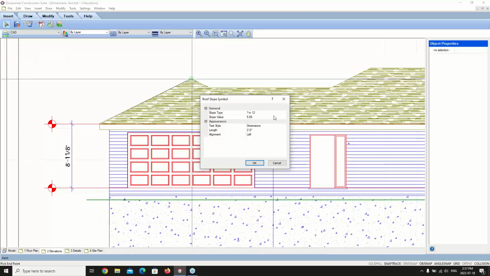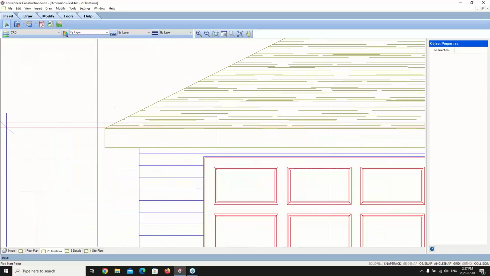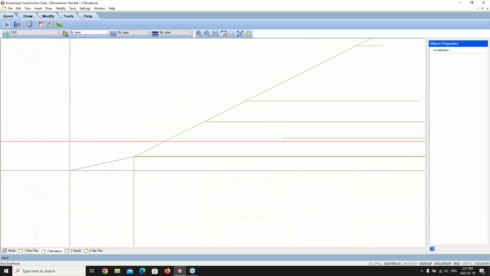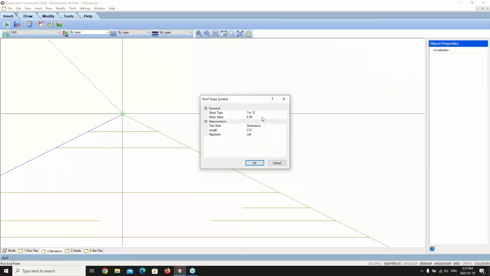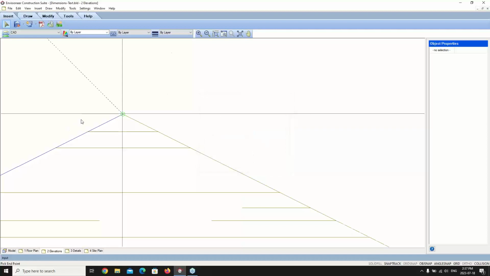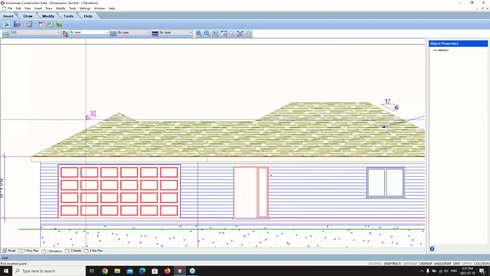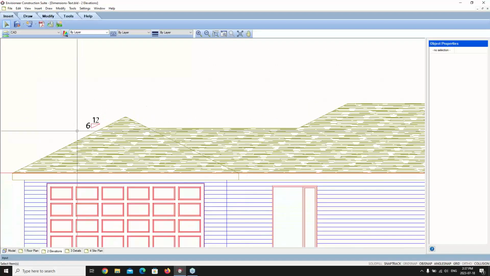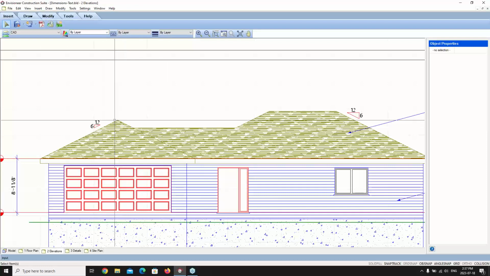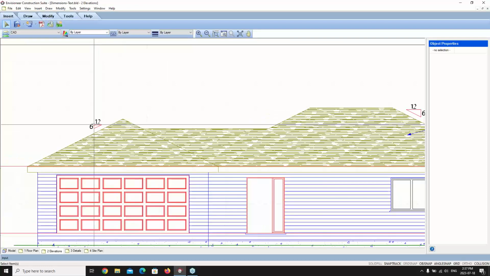And let's grab the wrong thing. So let's try that again. I'm going to zoom in from here to here. There we go. There's our 6. And we're just going to go in and make sure that that is 6, 1 foot, and then say OK. And if I zoom out, here you can see you get the correct sizing, but the actual